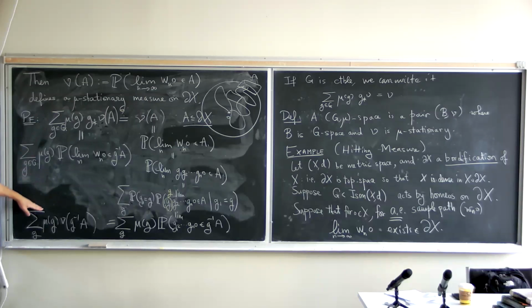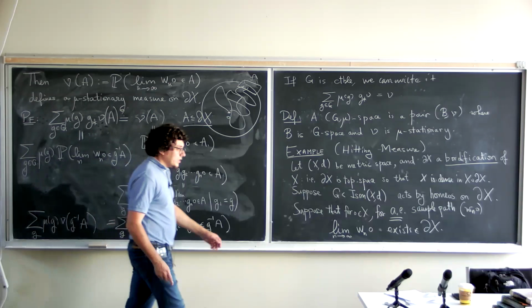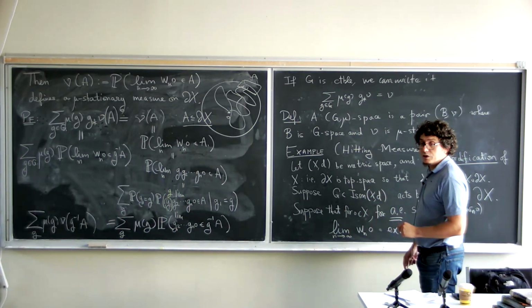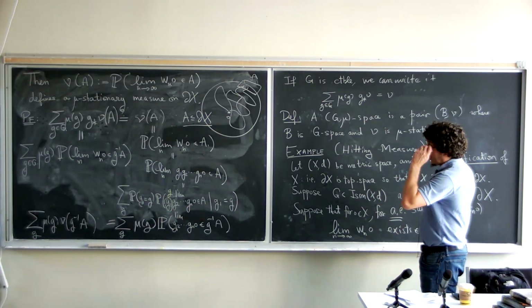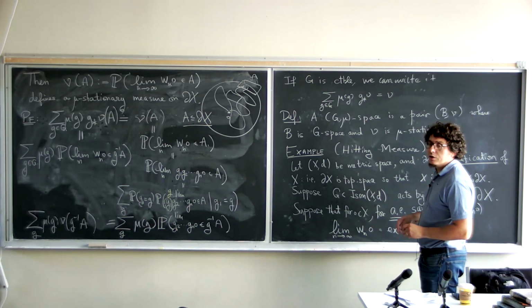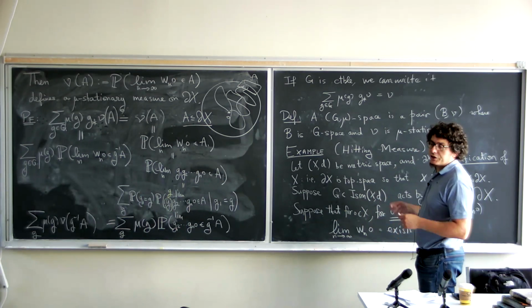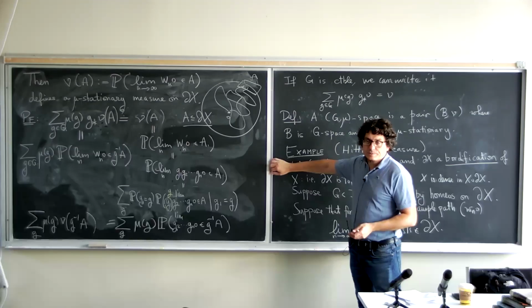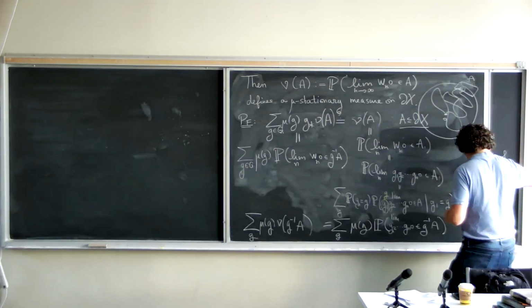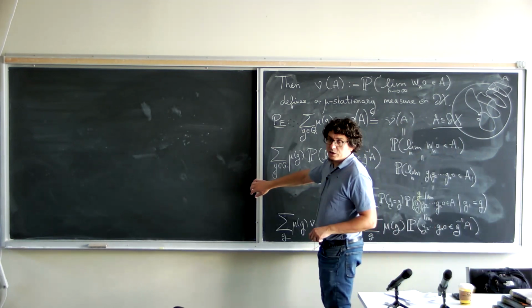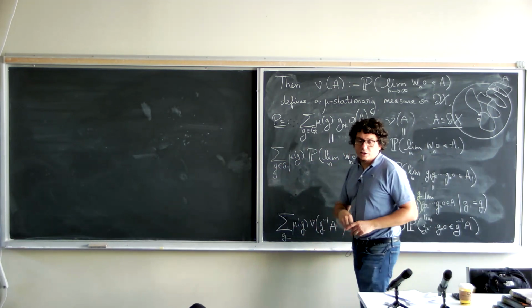So this is exactly this. Okay. So this is the most important example. This shows that the hitting measure is a harmonic measure, a stationary measure. In general, there could be more stationary measures. So in general, it's not true that all the stationary measures are hitting measures, but in the cases that we're interested in, yes. In higher rank it is more complicated, but in rank 1, yes.